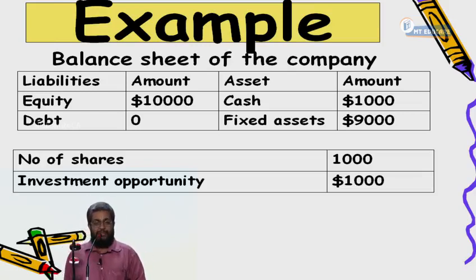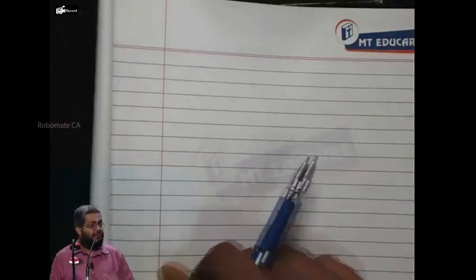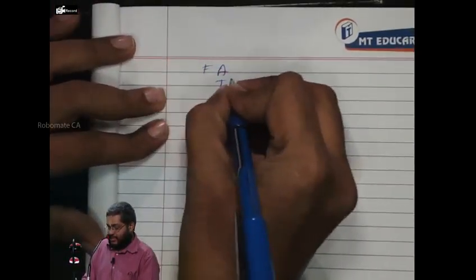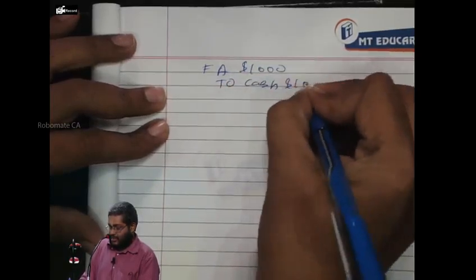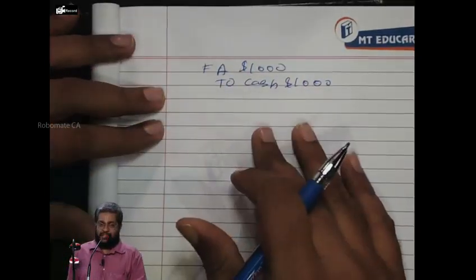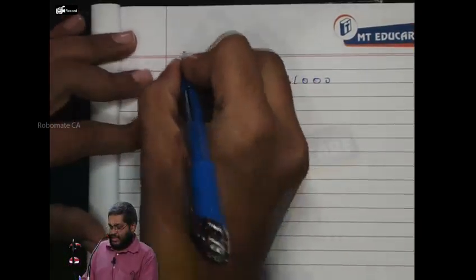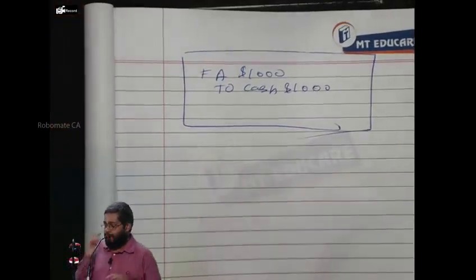See, $1,000 cash is there. I am going to invest that cash in a new project. I am going to buy a fixed asset. The cash becomes fixed assets or not? In accounts, what entry do you pass? Tell me. Fixed assets to cash. How many dollars? $1,000. The account and balance sheet is very simple. The cash vanishes. It becomes fixed asset. $1,000 cash vanishes. It becomes $1,000 fixed assets. This is the entry the accountant passes, and the wealth remains the same. Yes or no? No.